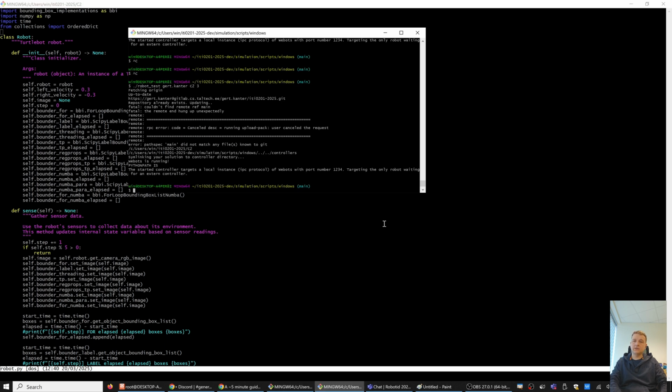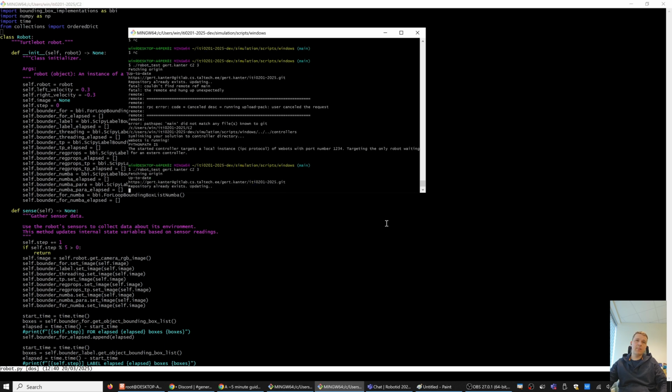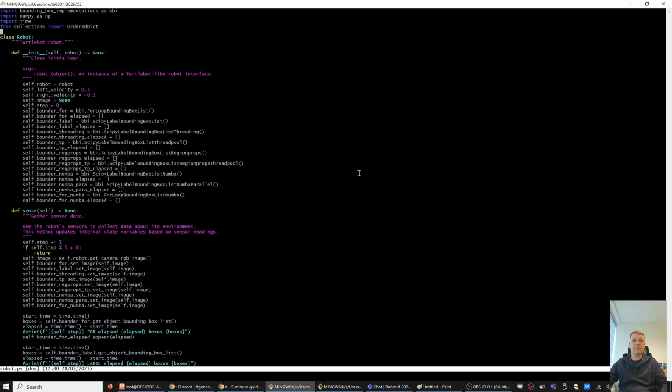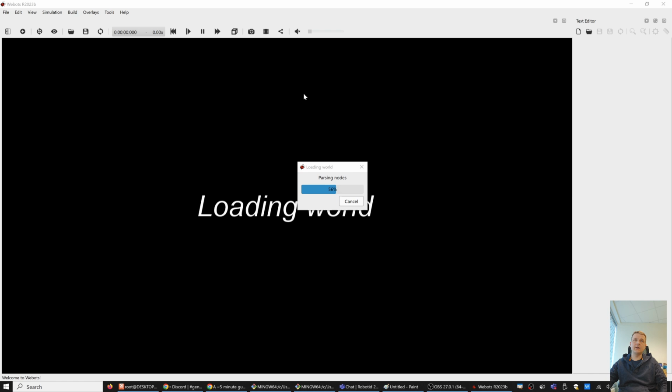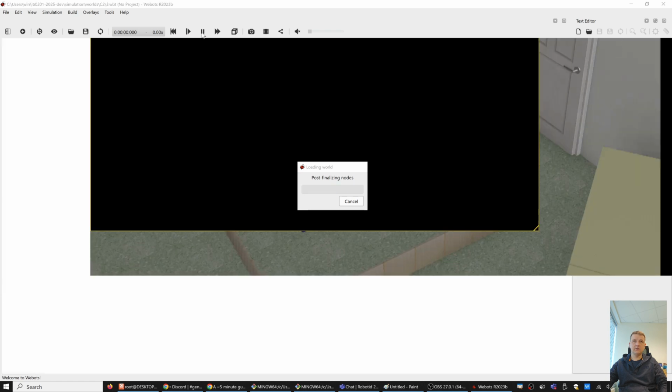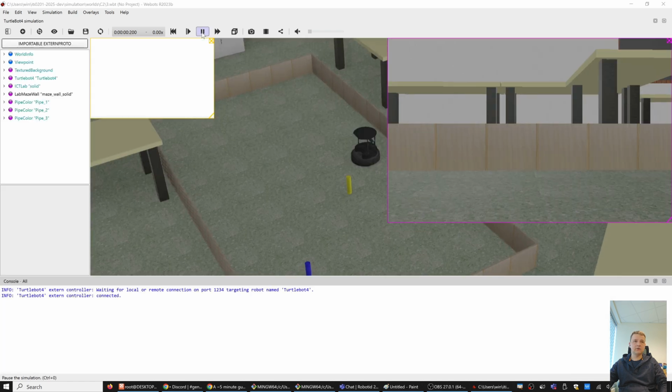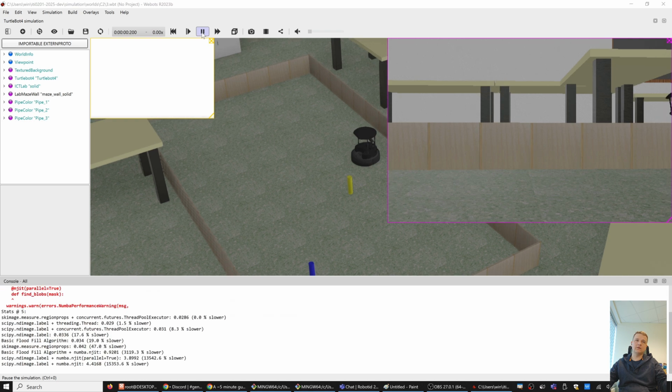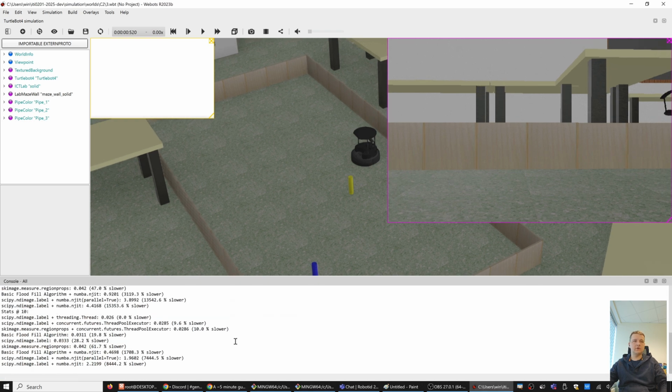So let's try to run this benchmarking, and we are running it on the second task of the colors. So as you can see, it takes quite a long time to start, and this actually happens here,